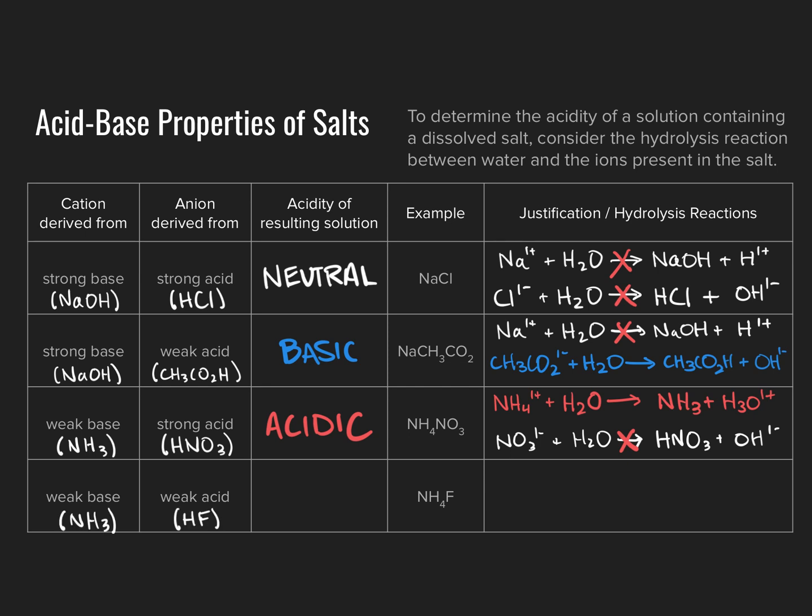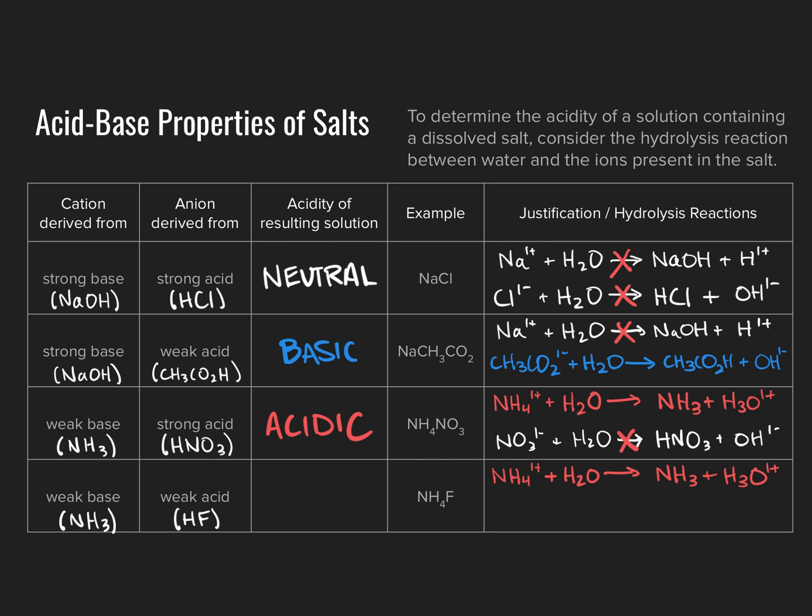the cation from a weak base and the anion from a weak acid? An example of this would be something like, let's say, ammonium fluoride, NH4F. In this case, we have two potential hydrolysis reactions that could favorably occur within solution. That is, number one, as we just saw, the ammonium cation can donate a proton to water, forming hydronium ions